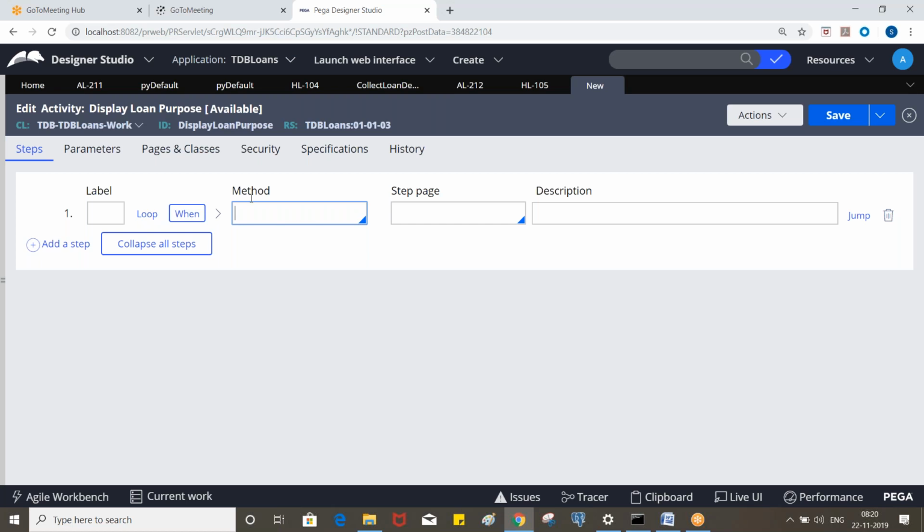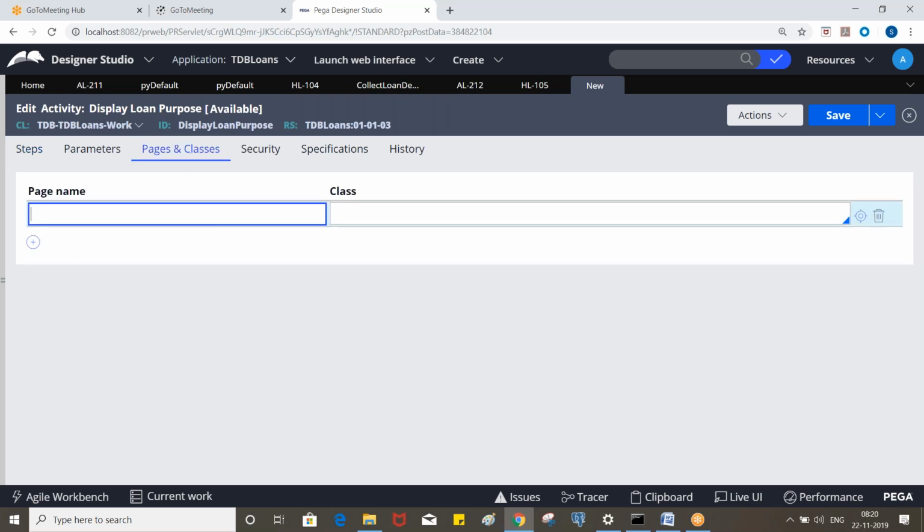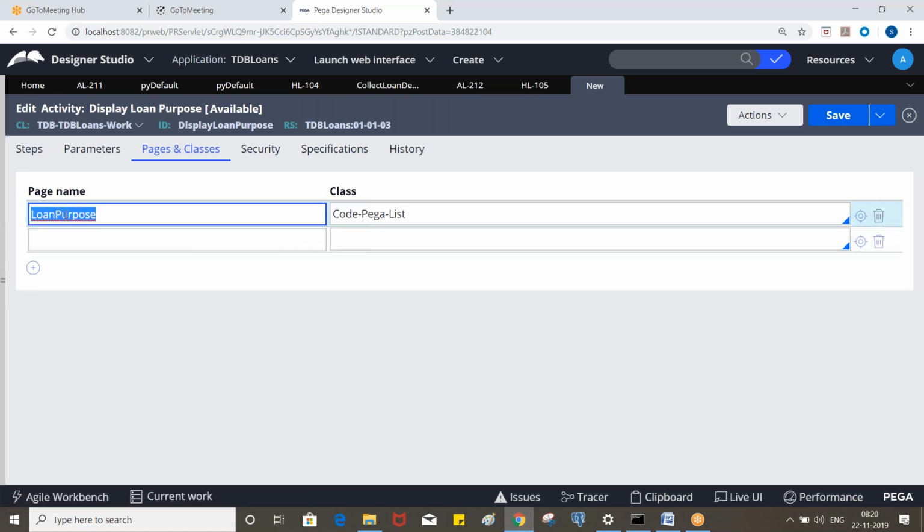Define a page, let's say loan purpose. Assume this is the same as the OBJ browse page. So what will be the class? Code pega list, right? And loan purpose dot px results refers to where we have the loan purpose property, in which class?